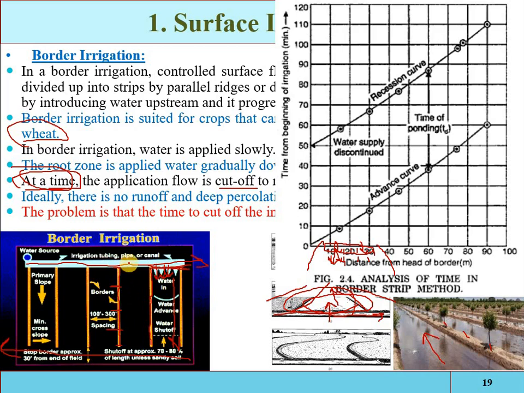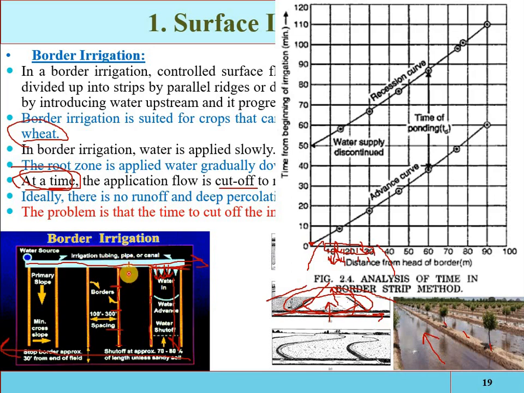Now just start the inflow of the water into the border. When you start the inflow, the water enters the border at time zero. For this stake, the time of reaching of the water is 0 minutes. So plot that point here. See, the first point time period is 0 minutes.